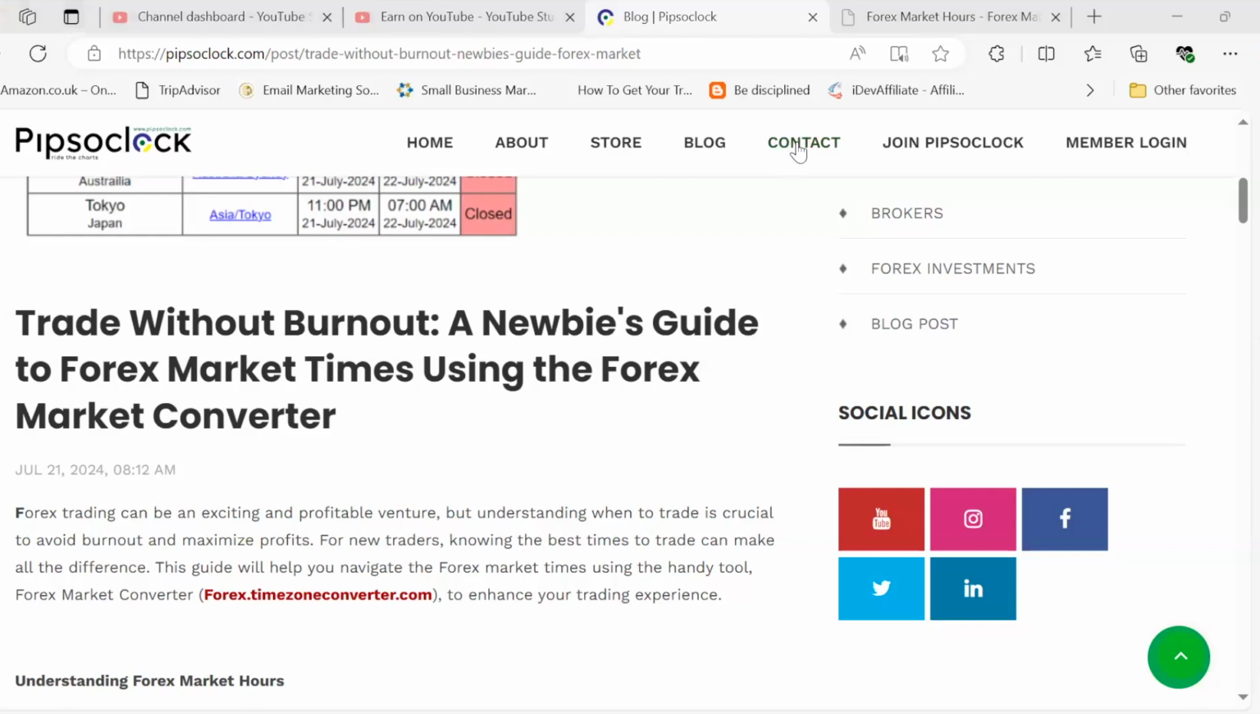Great. Now, the topic here is related to exactly what we have here, but with maybe a little twist. Trade without burnout: a guide to Forex Market Times using the Forex Market Converter. The reason for this is somewhat related to having a trading plan, because many traders could sit on their system all day doing nothing else, and at the end of the day, any little profit made is given back